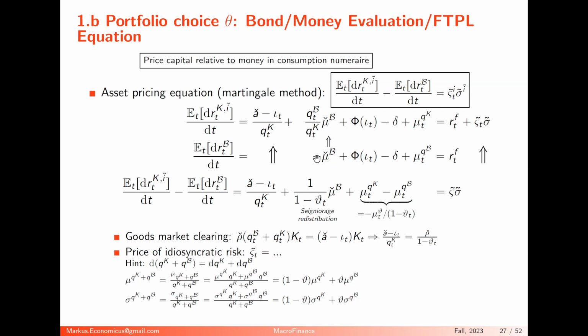If I now print bonds at a 3% rate, then the inflation will be zero. And if I print bonds at a 6% rate and I have 3% growth, I have 3% inflation. This is essentially from the bond printing diluting the bonds. Then there's the growth rate of the economy. If I print the bonds at the same pace as the economy grows, that's fine. Otherwise I create deflation. And then there's also the growth rate of the value of the bond, which is an endogenous thing. Now I want the difference between the two expected returns.